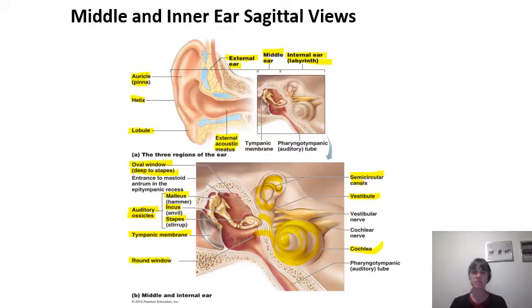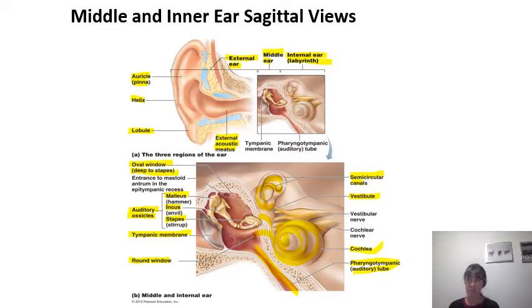You'll also notice a structure inferior to the vestibule, semicircular canals, and cochlea, which is the pharyngotympanic or auditory tube, which goes from the middle ear cavity and goes all the way to the pharynx. And there is a flap of membrane that covers over the tube where it enters the pharynx. So when people go up